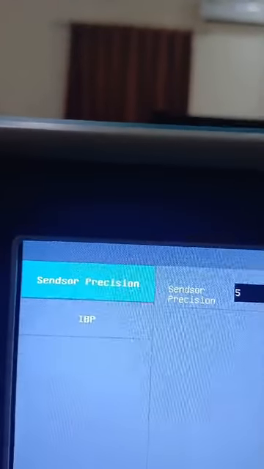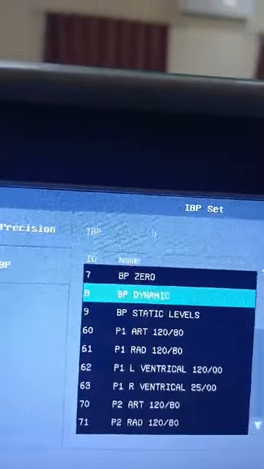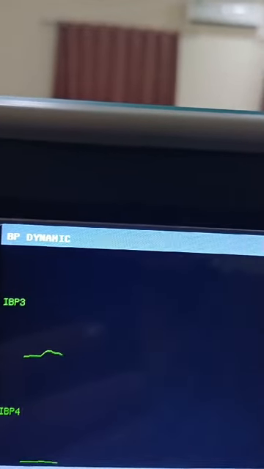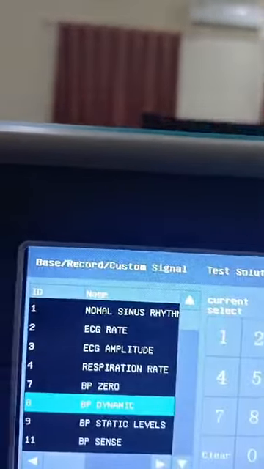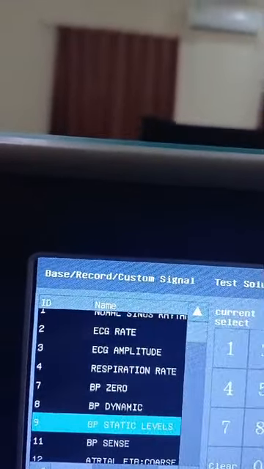Invasive blood pressure, zeroing, dynamic, show wave, channel 3 and channel 4. We have now 4 channels of invasive blood pressure. Static levels, blood pressure sensing, atrial fibrillation